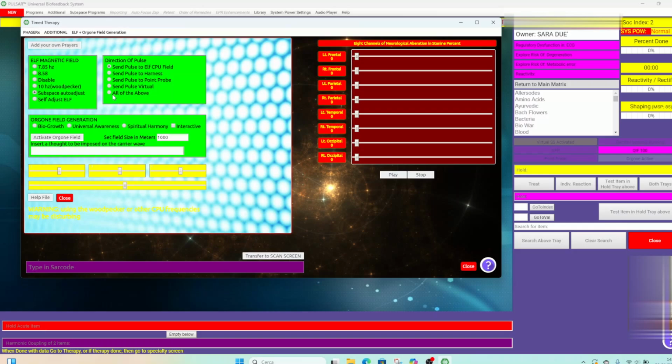And we can also put a specific intent in the energetic organ field. For example, we can put the intent of general health,